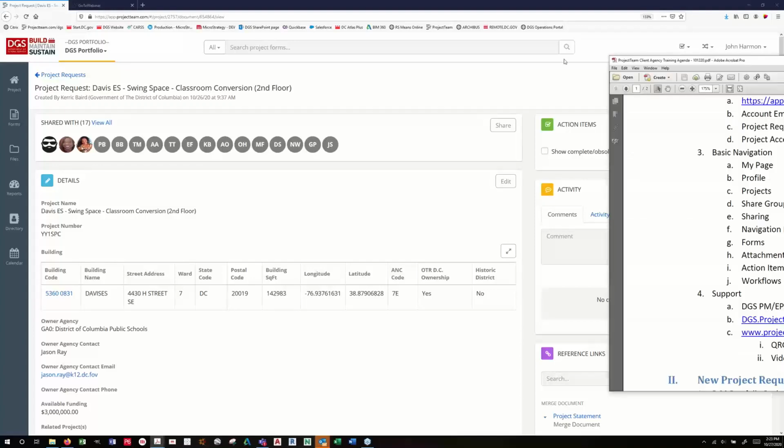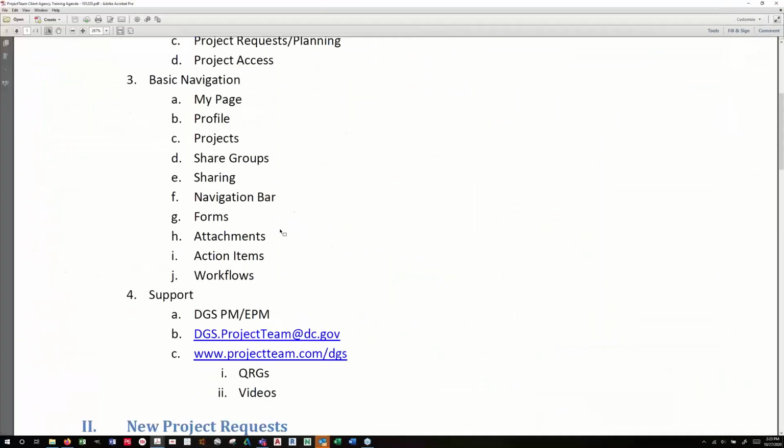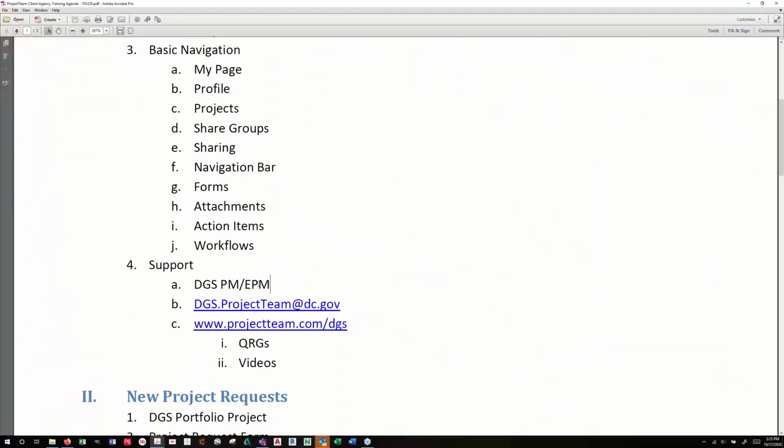Support, we'll move back over here. So support for Project Team, your first line of support is your EPM or DGS project manager. Your EPM is your executive program manager. So for those of you that work with BOLA, it would be BOLA, or ALAM if you're public safety. It's the PM's boss that you're used to dealing with. That's your executive program manager. Or if it's an active project, your project manager. If they don't know the answer, or it's something that you can't get an answer for, you can always reach out to